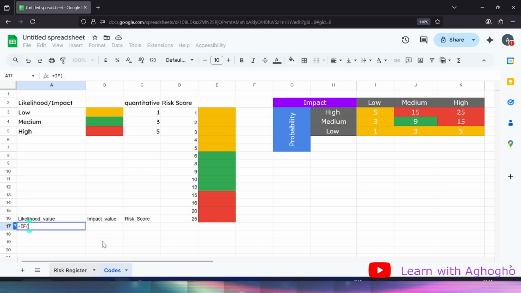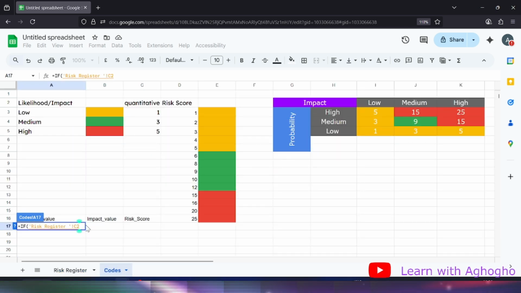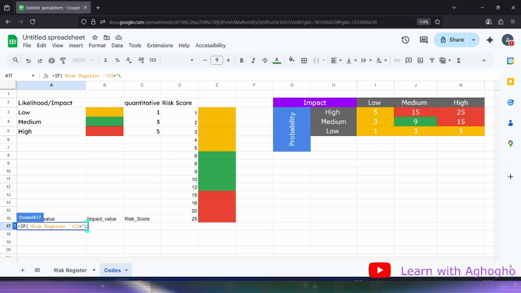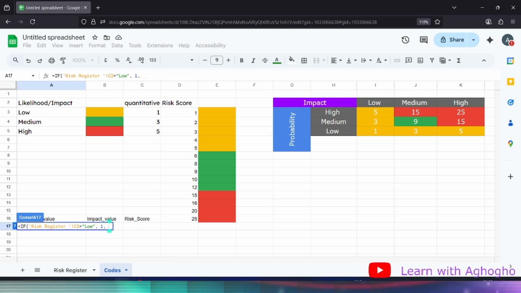So we come here and click on this likelihood and we go back, okay, and say equal to quotation open low comma 1, that is the agreed value, and we quickly come here to copy this if statement again, this if statement, copy